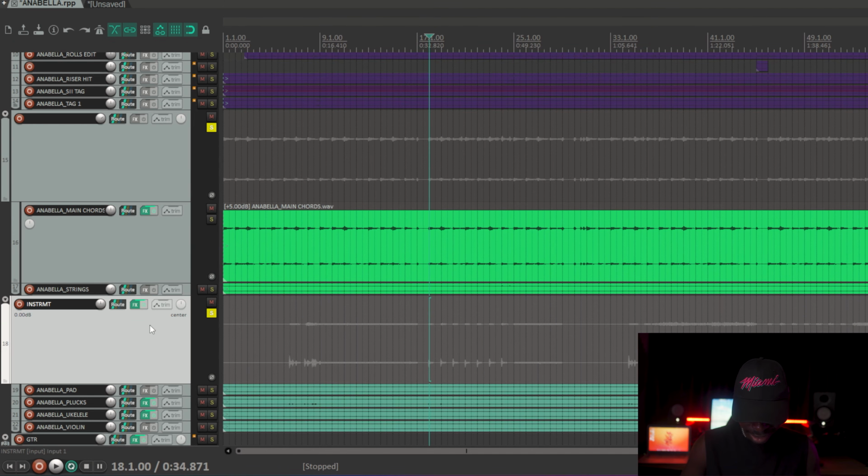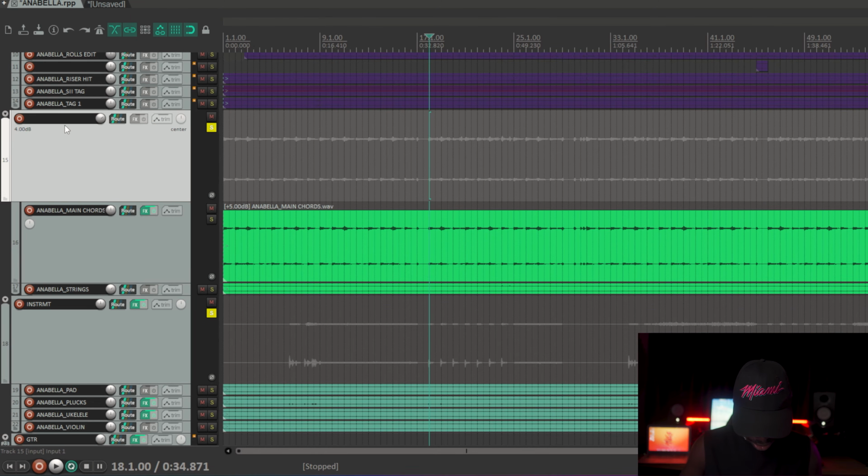So this one is very, very wide because of the S1 imager I added to it. But this particular instrument boss is not wide. It's somehow in the center of the stereo image. The extra instruments are very, very wide, like they're lost in the stereo image. Then this one is still in the center